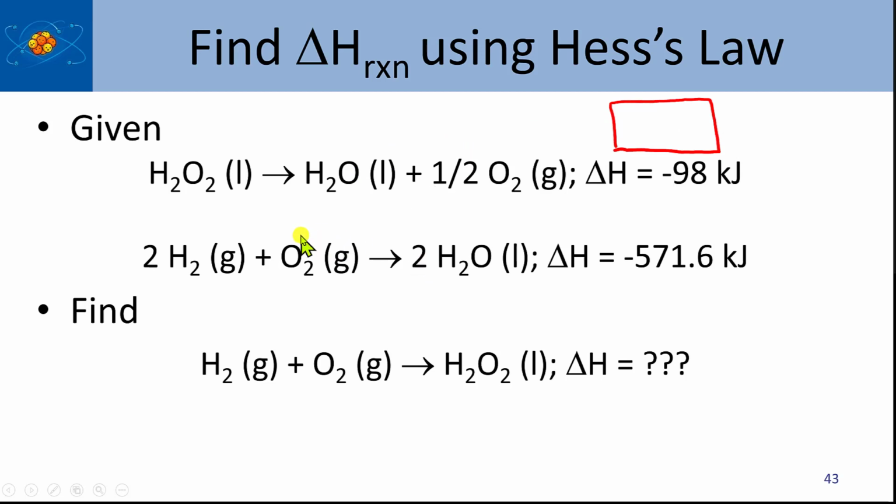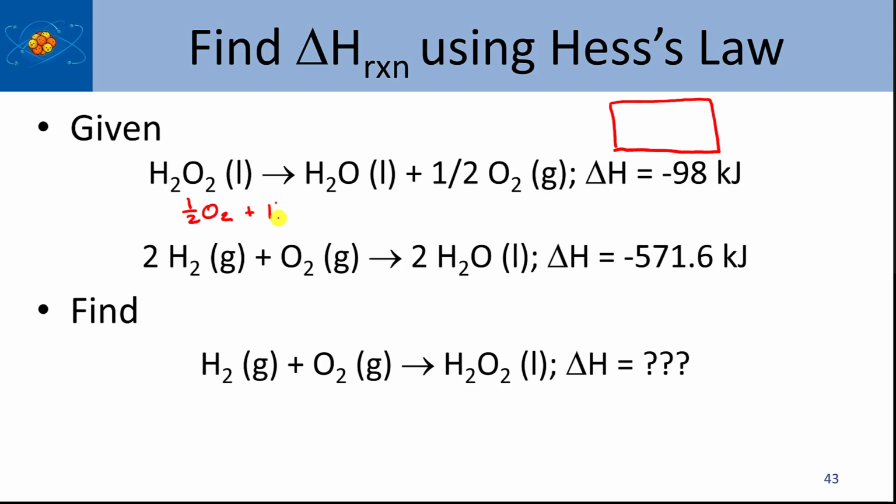So, what we're looking for is edge pieces, things that occur only on one side of the chemical reaction. You'll notice H2O2 is over here, and I have an H2O2 over here. So this reaction tells me the picture of the jigsaw puzzle, and these are like the pieces up here. What it means is I have to flip this reaction around in order to make it match this reaction. So I'm going to say that top reaction is going to have to be 1/2 O2, and I'm going to leave the states out on this one because it's not important here, but sometimes you do have to leave the states in,